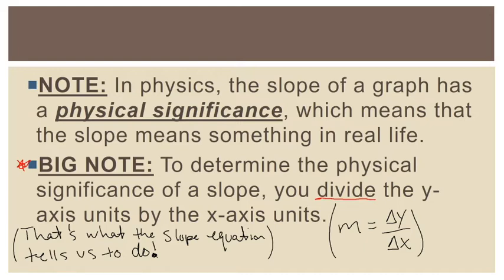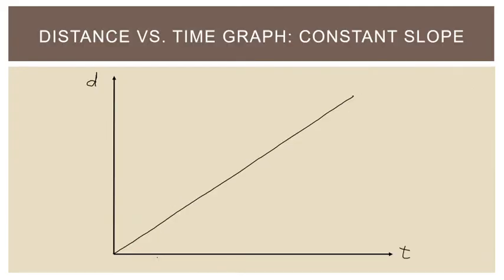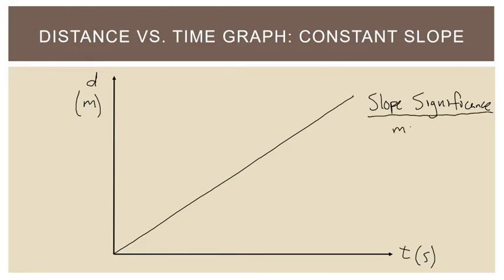So let's revisit that graph. This graph is a graph of distance versus time. And as we said, distance is measured in units of meters. Time in physics is measured in units of seconds. So let's talk about how we can find the significance of the slope. Well, the first thing we do is we take our slope equation. The slope, which remember from math gets the symbol m, is delta y over delta x. And so that tells us the slope units